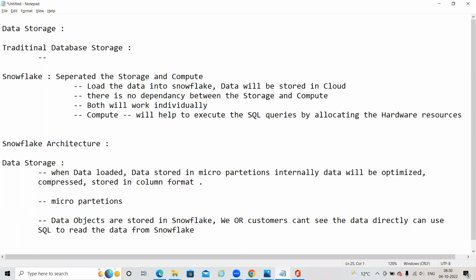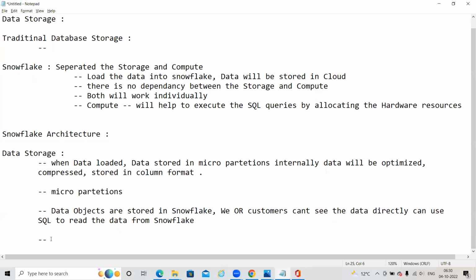Next, by applying all these technologies, the optimized, compressed, and columnar format, you will get faster results from the SQL queries.